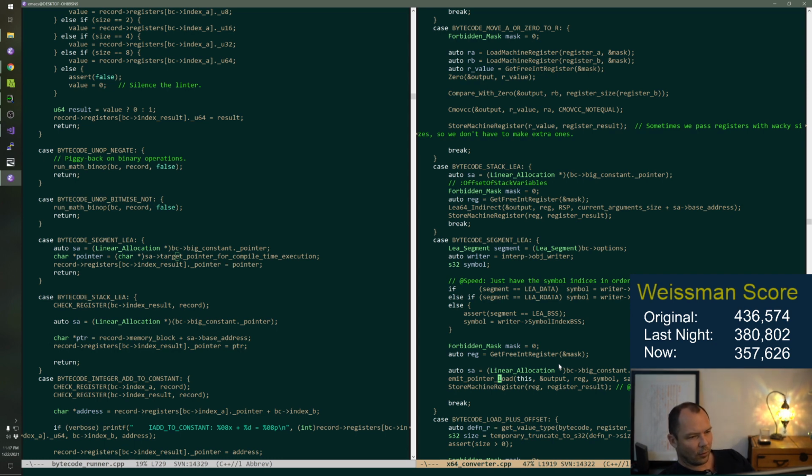Segment plus index should be all I need. But that's going to make compile time execution run slow, and there's a lot of these instructions. So it would not be that hard to make the gains that we want to make in terms of Weissman score. But we would be losing in execution speed more than I am willing to give up.